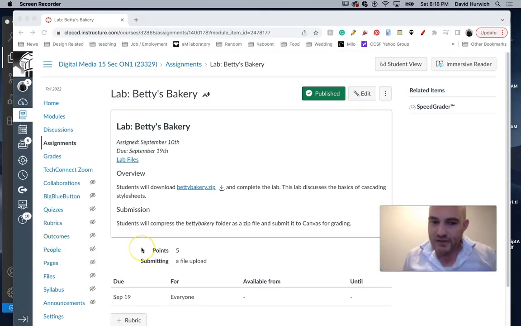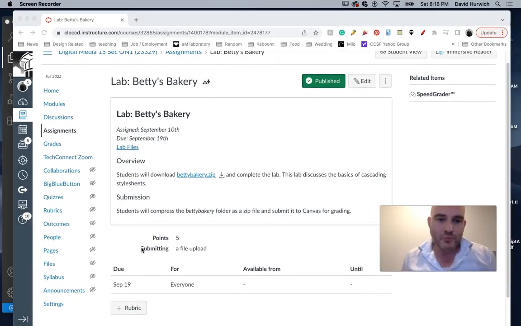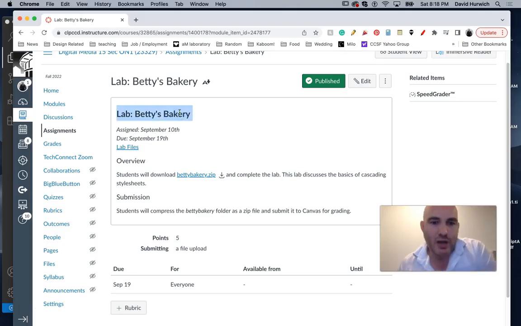All right, I have a couple of labs to give you that practice using CSS. So the first one is called Betty's Bakery. This will use stuff that we're going to be talking about in today's lab. It's also going to involve stuff I'm going to give you in a lab that's going to be coming up